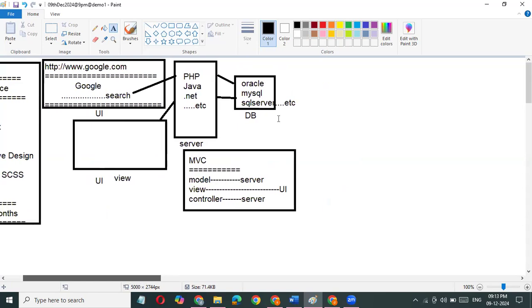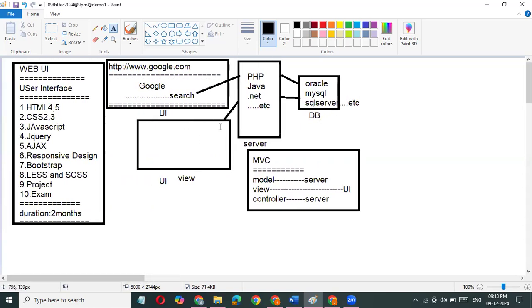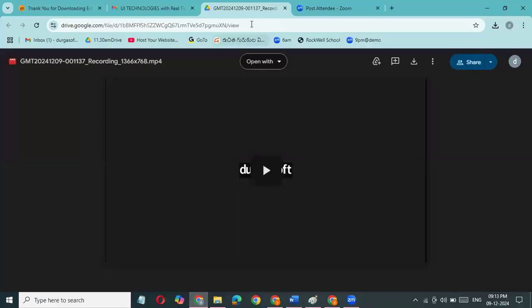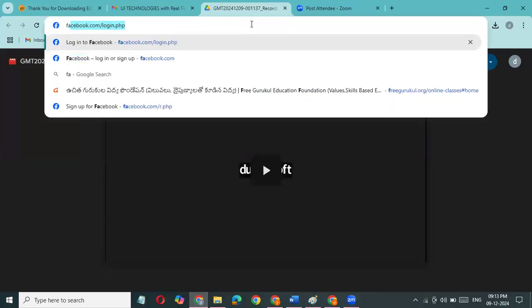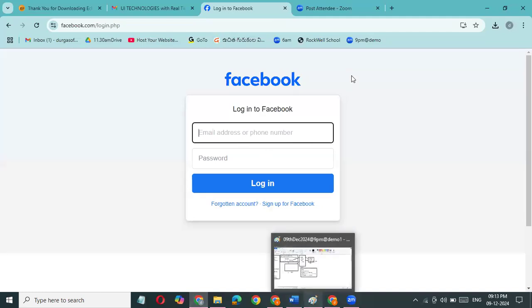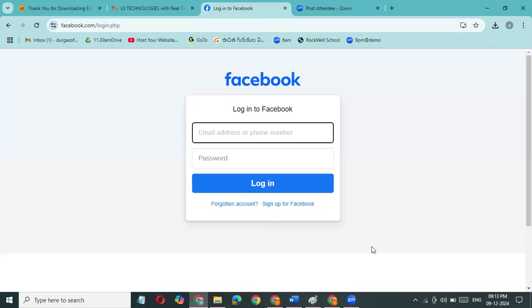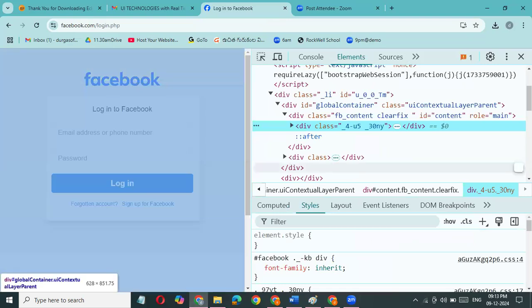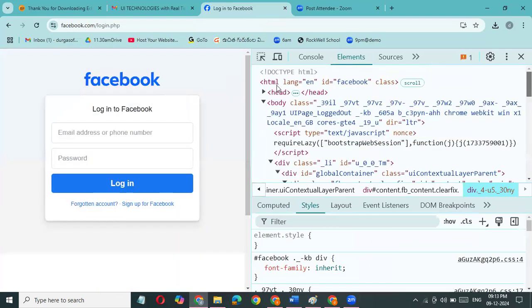We are not going to learn any server or any database in this. In this UI part, we are going to learn only the front end. An example of this front end is facebook.com, our Facebook application. When you right click and inspect element on this, you can see